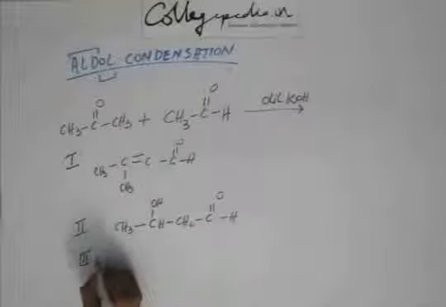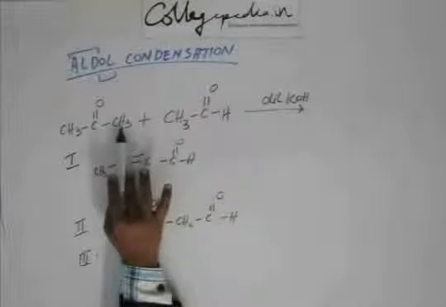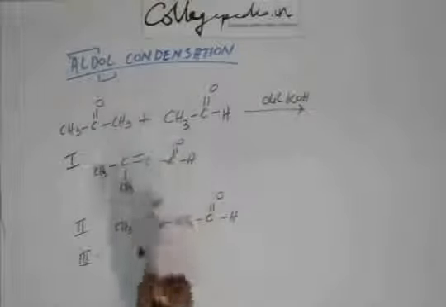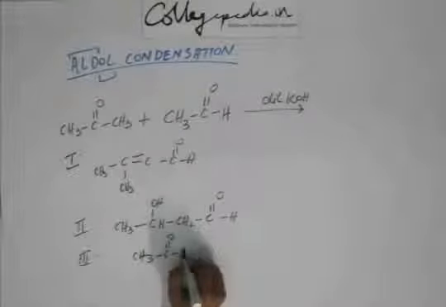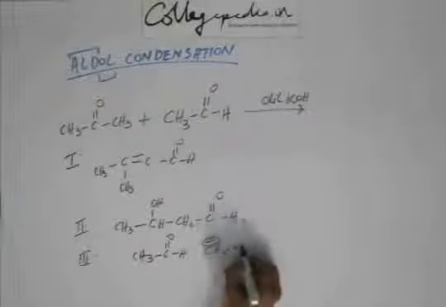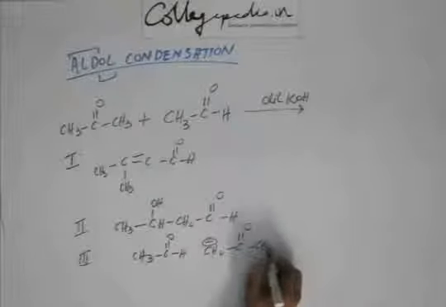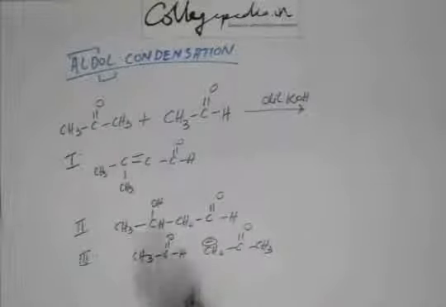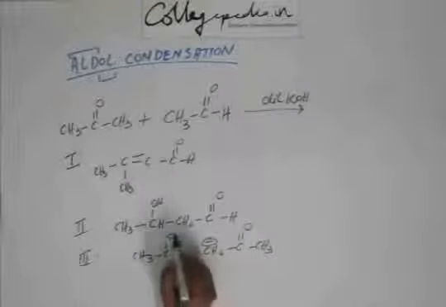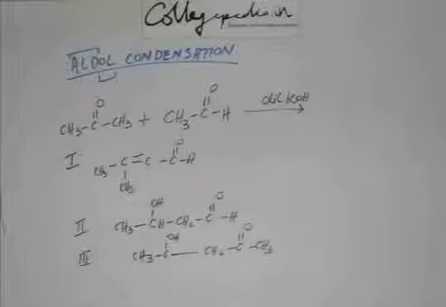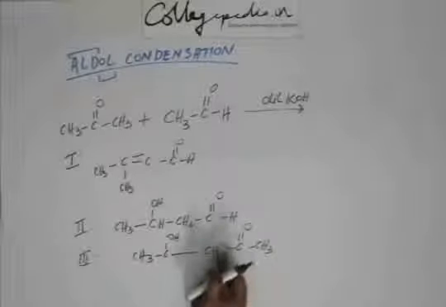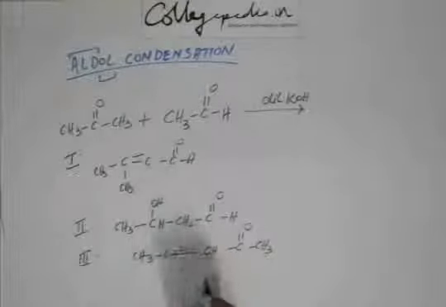Case number 3. Base comes and abstracts hydrogen from this acetone, and this goes and attacks ethanal. So this is ethanal. Base abstracted hydrogen from acetone. After abstraction, this is how acetone will look like, and this is ethanal. So when you come and attack this ethanal and you protonate after attacking, this is how aldol is going to look like. This is how this ketol is going to look like. And if you have been asked condensated product, this is what the condensated product will look like.